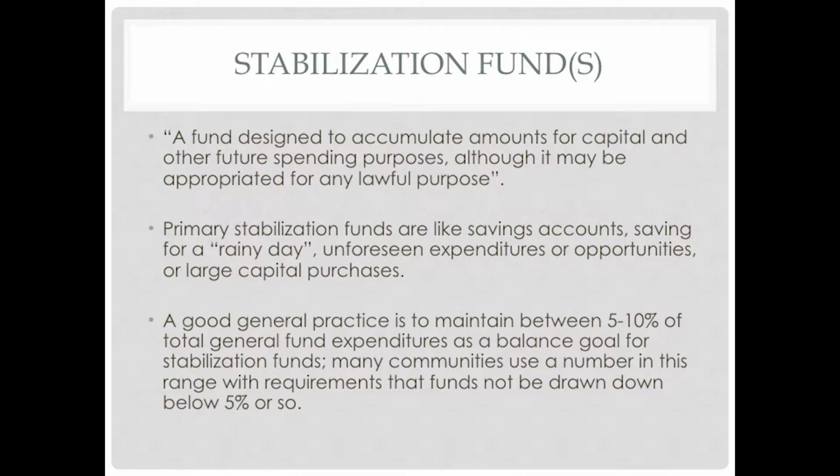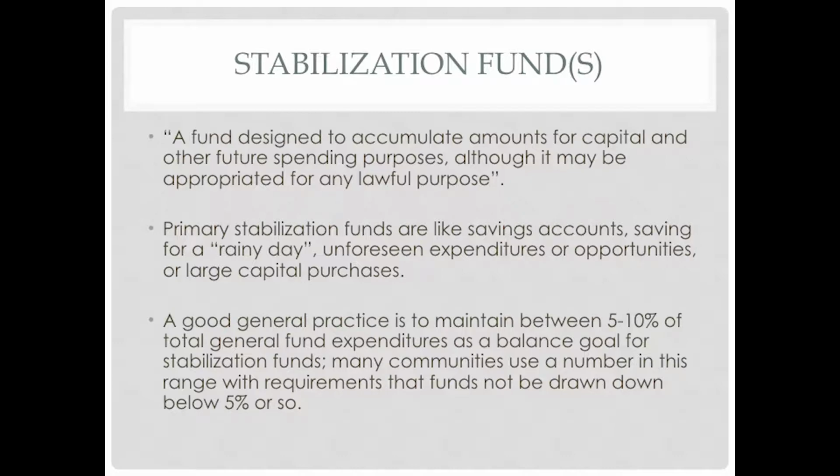So you might have somebody who says, well, maybe I only have $5,000 in the bank, but I got a retirement fund, and then I got some equity in the home, and here and there. We don't have those things. So really the only savings we have in the bank is our stabilization fund. So it's one of the most important financial indicators that a town has. Best practices out there say that you should keep between 5 and 10% of your, what we would call your general fund or your operating budget in